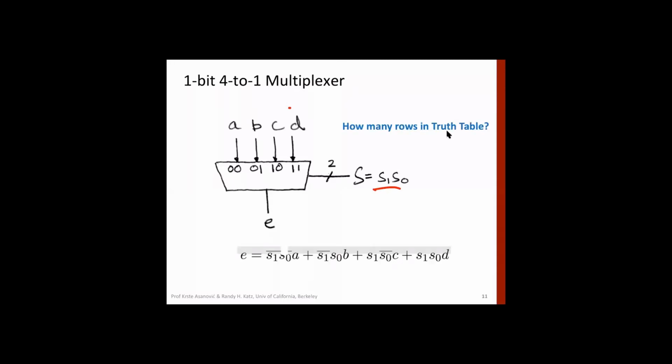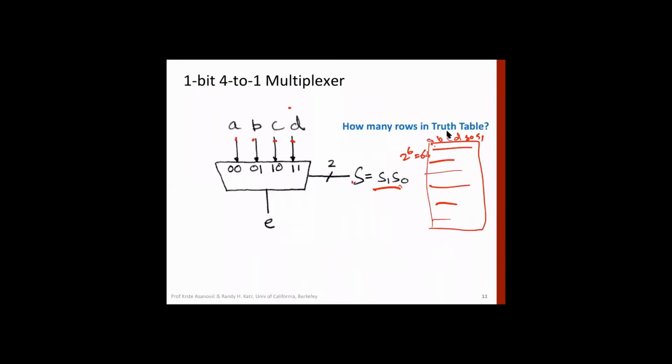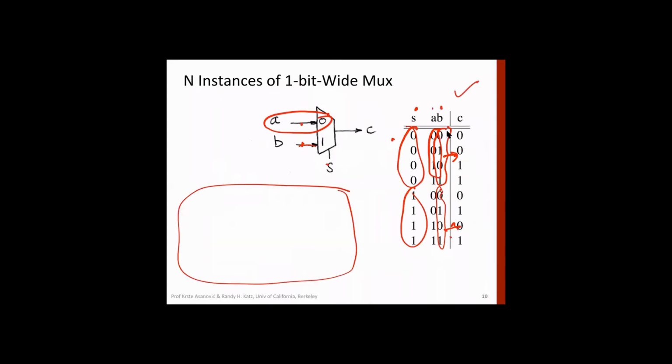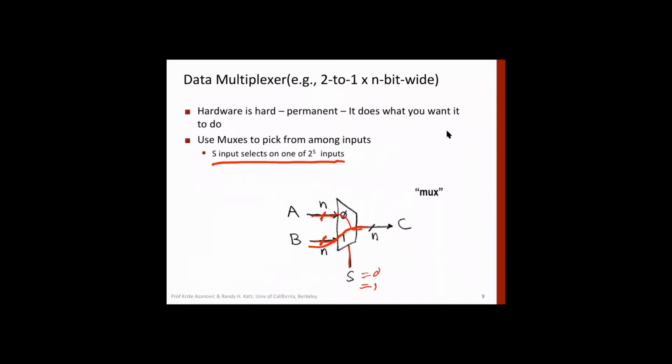Okay, and we can draw a truth table. How many inputs will it have? 1, 2, 3, 4, 5, 6. So you can have a truth table with a, b, c, d, s0, s1, and so there are 6 inputs, so you will have 2 raised to the power 6, which is 64 rows. Simple. Fine. So we have completed the multiplexer, which is a very important part, and then we have adders.